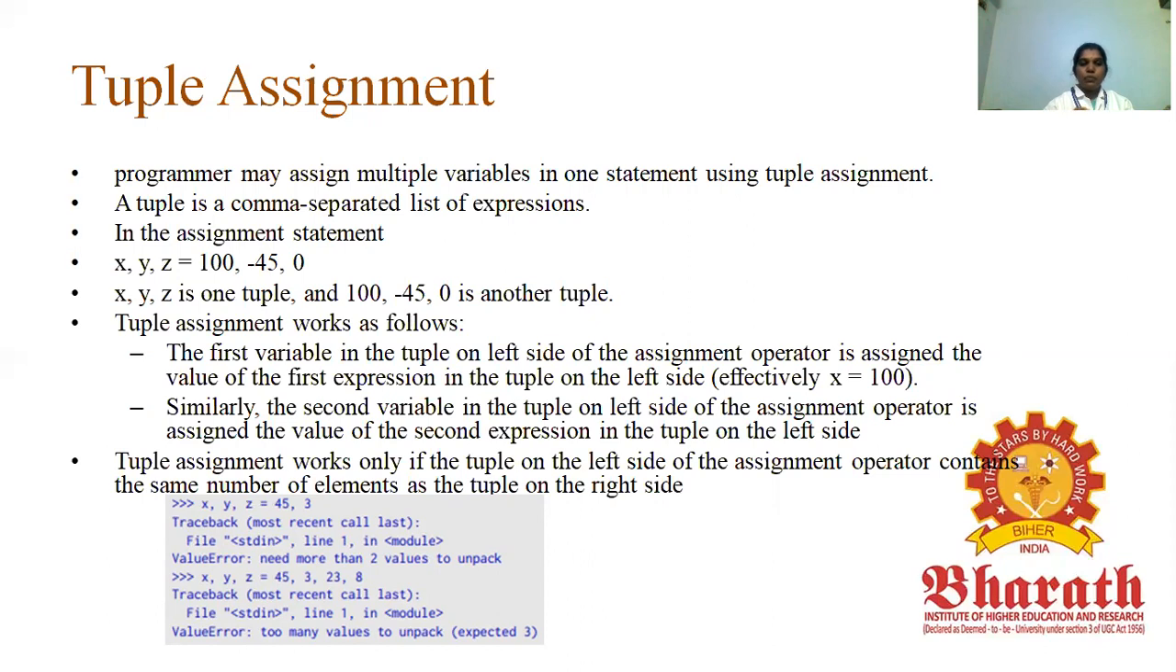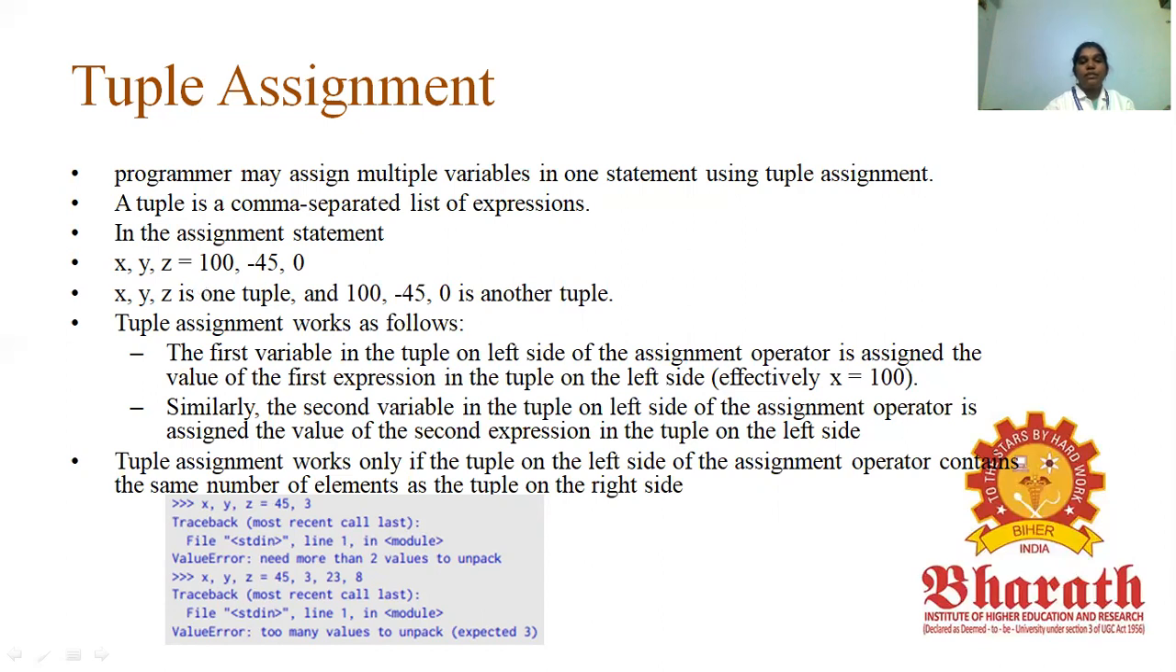So what do you mean by tuple? A tuple is a comma separated list of expressions. For example, x is equal to 10 is a simple expression. A tuple is nothing but comma separated expressions. So if you wish to assign two or more values to variables, see the example: x, y, z equal to 100, comma